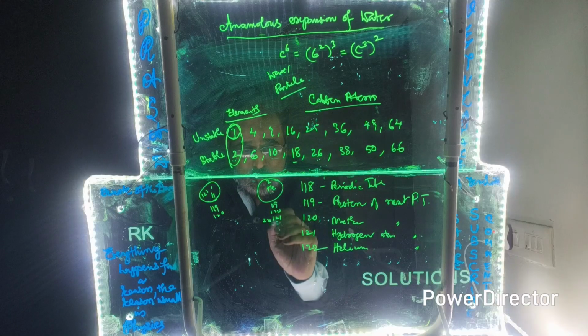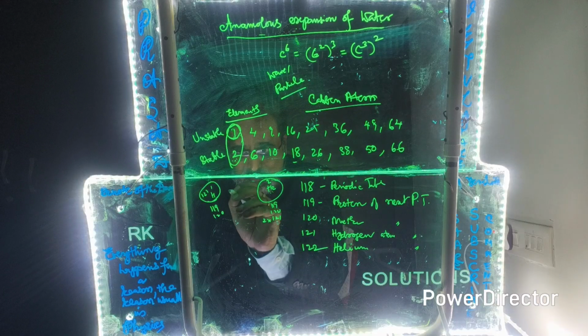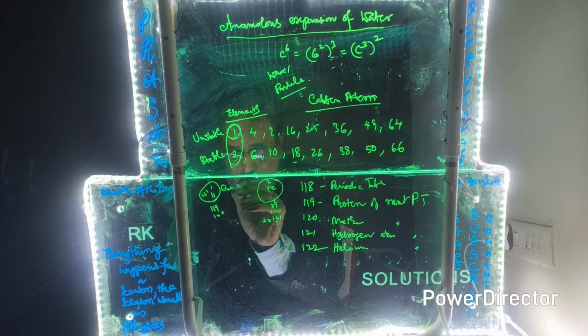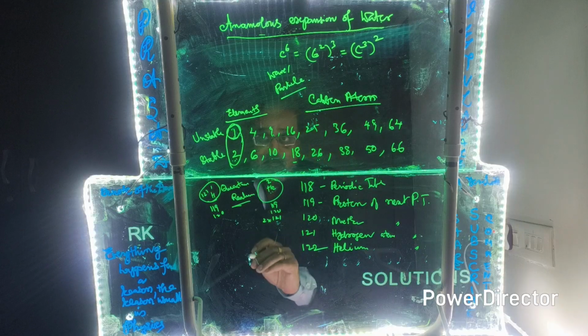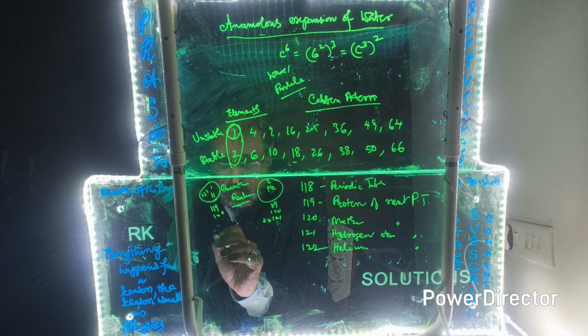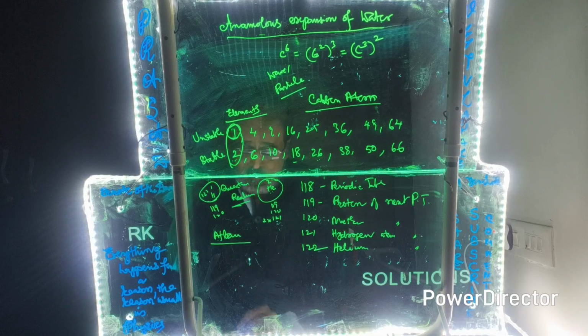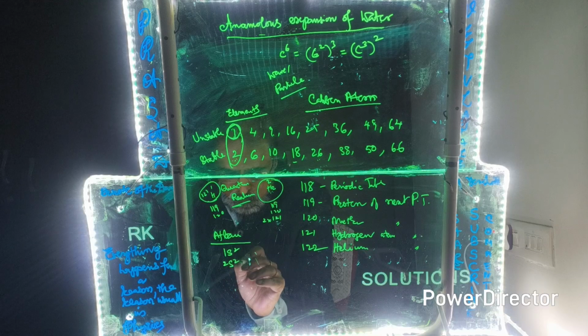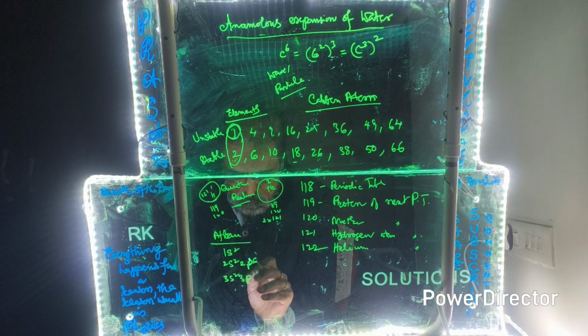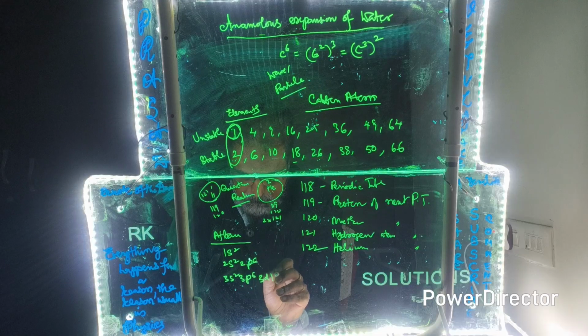So this is the quantum world. But if you take the Aufbau principle, which I expressed last time, 1s2, 2s2, 2p6, 3s2, 3p6, 3d10,